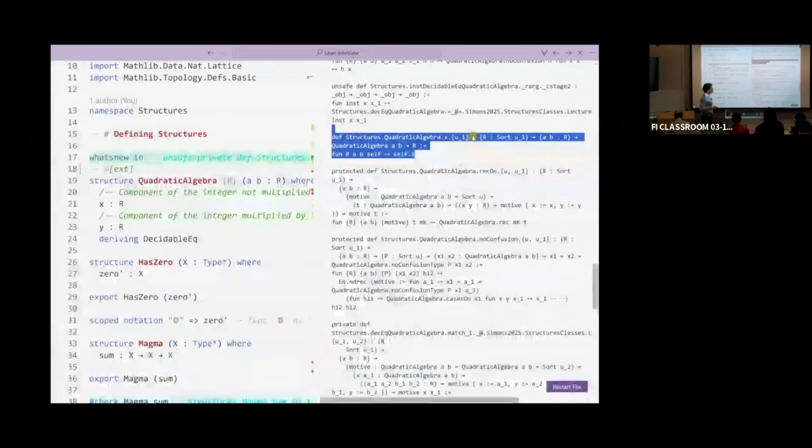What does it mean? Well, it means that you give yourself a type R, which is supposed to be a ring, but to define this you don't actually need R to be a ring.